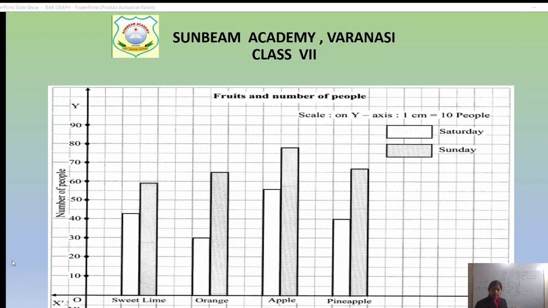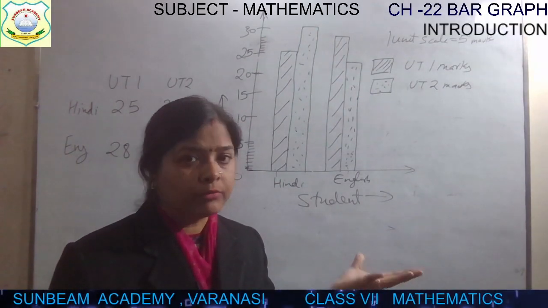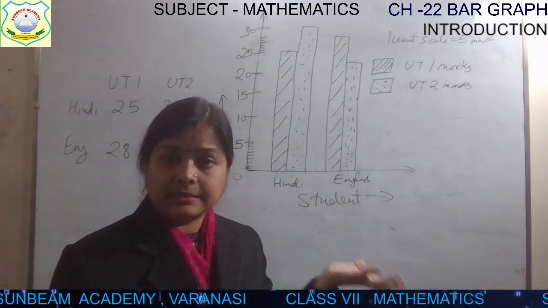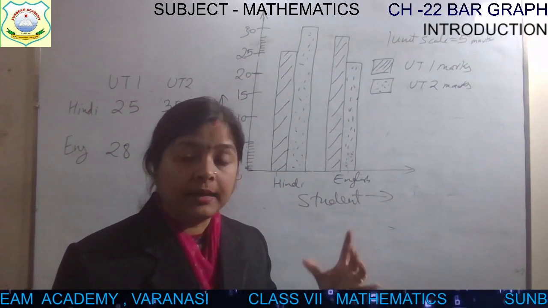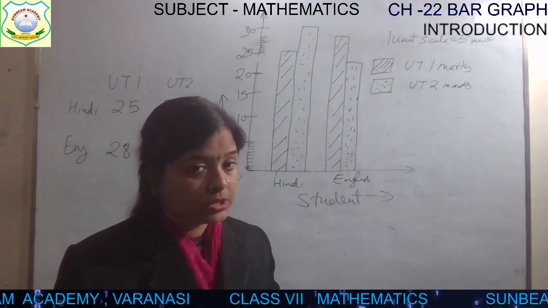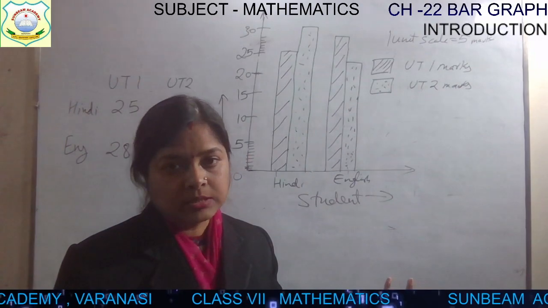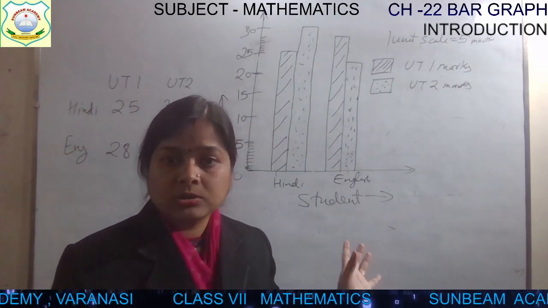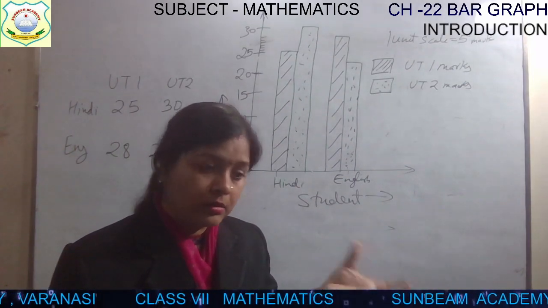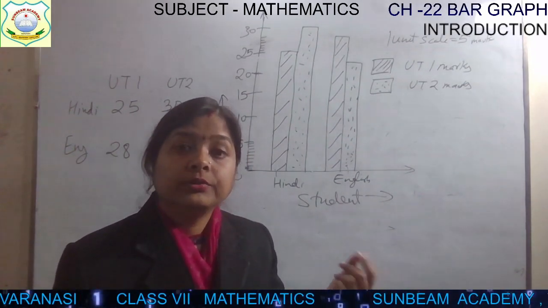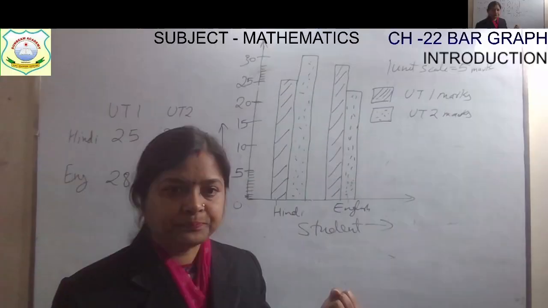See this? So what we have concluded, we have analyzed it from the numeric data. Numeric data हमारे पास था कि on Saturday how many people have purchased apples and on Sunday how many people have purchased apples. So in that way we can use it. Of course quantity will also matter, but if it is on that basis on a particular scale, then we can draw such type of bar graphs to analyze the value.